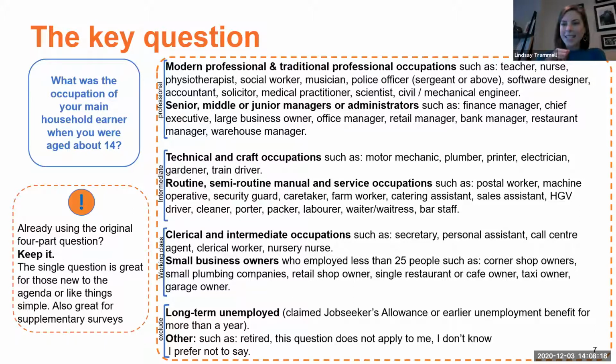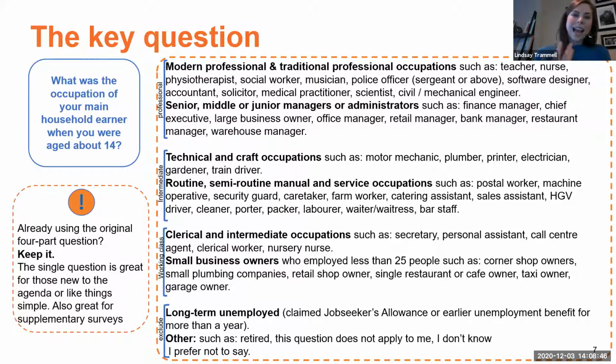So what we did, we won't go into the details today, but we managed to simplify it. It previously was a 4-part question. We brought it down to 1, and this is the exact wording that you should use. It's up on the microsite, socialmobilityworks.org, and you should absolutely keep it like this. But what we're showing here on the screen is, after you ask the question, you group it into 3. This is how you group respondents.